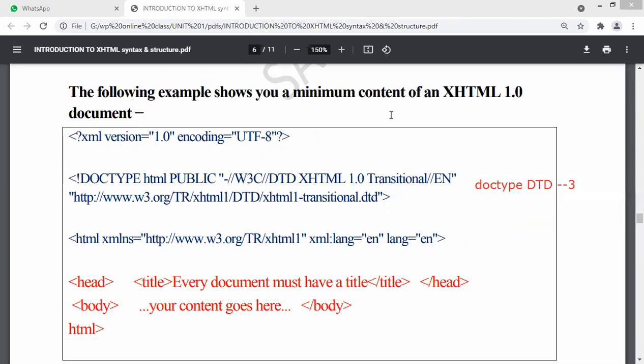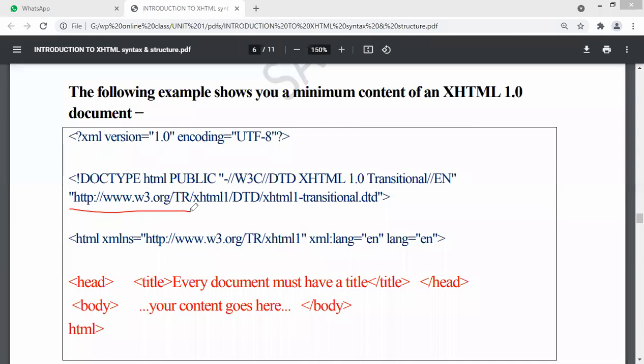We use this form by default. Just now we saw in the syntax: DOCTYPE html PUBLIC W3C DTD XHTML 1.0 Transitional // EN in capitals, http w3 org.